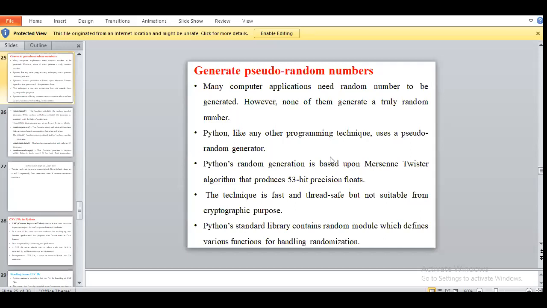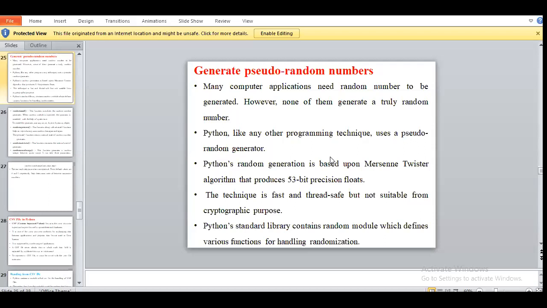You know the cryptography technique is used for sending or receiving messages for security reasons. Cryptography is a security technique. The pseudo random number generator is a fast technique, but it is not meant for passing or receiving any message secretly.